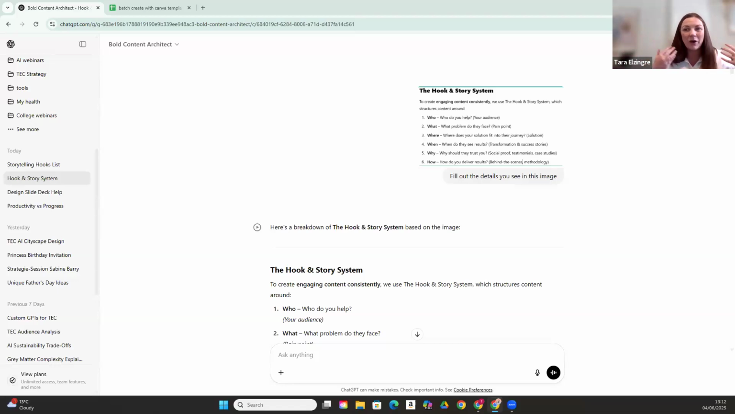And again, if you are really, really stuck for what to do, it's a fascinating and fantastic way to just have 36 stories that are unique to your business. So the hook and story system, the who, what, where, when, how, and I'm just going to make sure you're currently